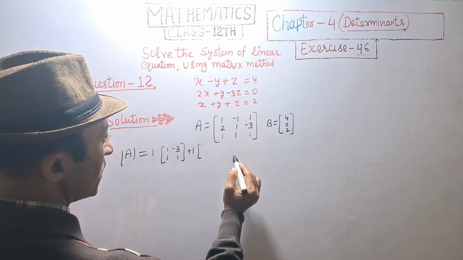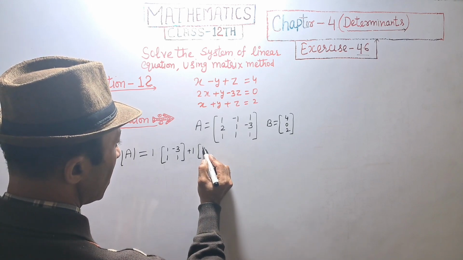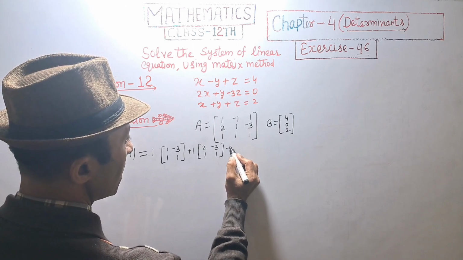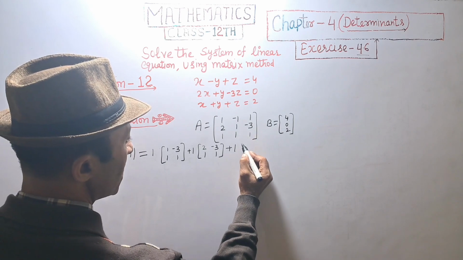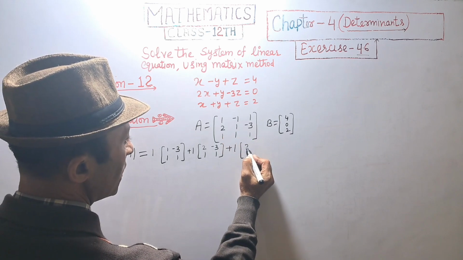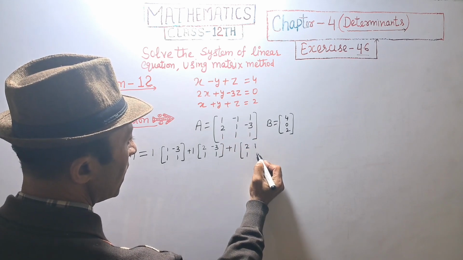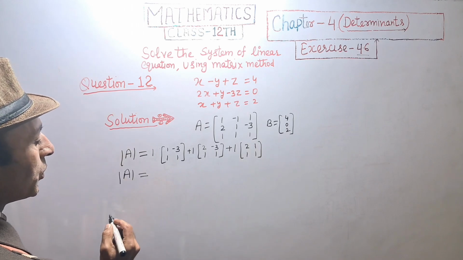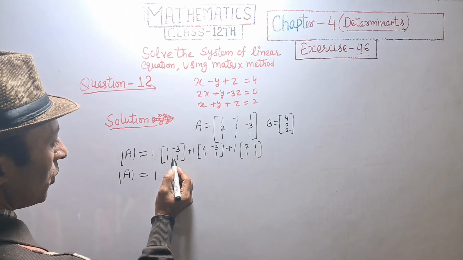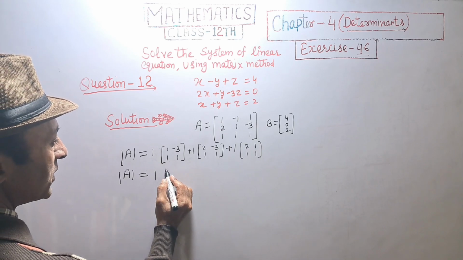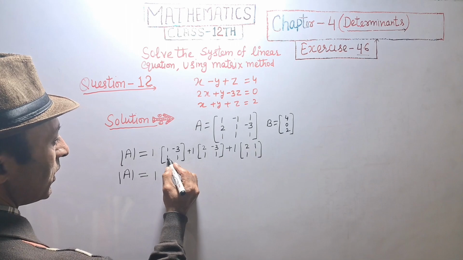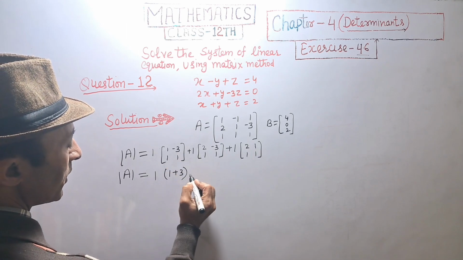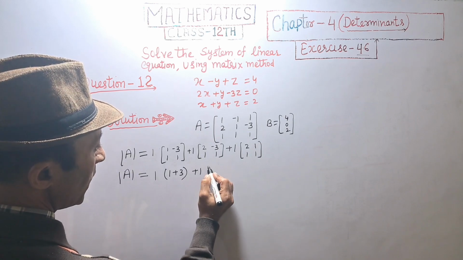First row, second column, neglect, and 2, 1, -3, 1, plus the last number is 1 and 2, 1, 1, 1. Determinant of A is equal to 1 multiplied by 1 is 1, minus is plus, 3 1s are 3, and plus 1,